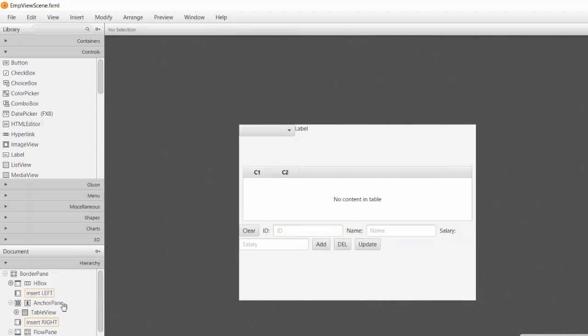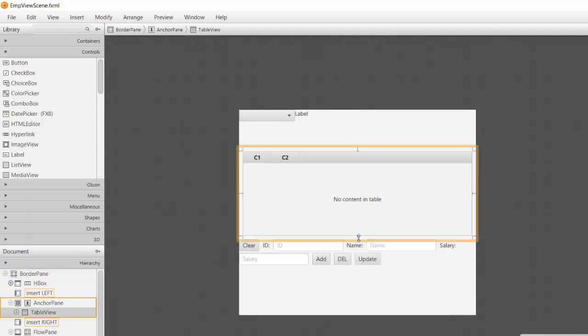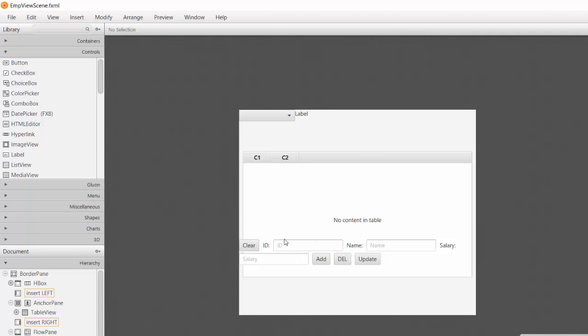I'll go back and make sure the size is fine. Now I'll go to the central panel. I can go to the central panel, take some more space for it. If it doesn't work, don't do it manually. You can do it programmatically later. So I'll just undo whatever I did now. Now I need to